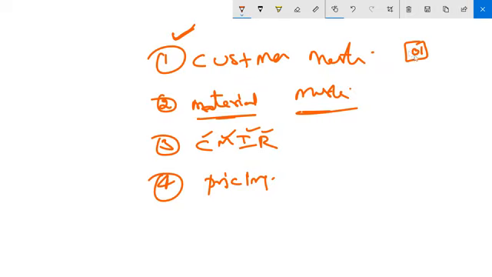Okay, so when this customer is buying all the materials, I want him to be high priority. But when this customer is buying a material called X, I want him to be a medium priority customer, not a high priority. So if I change that in the customer master, what happens? Anyone? It will be applicable to all orders.